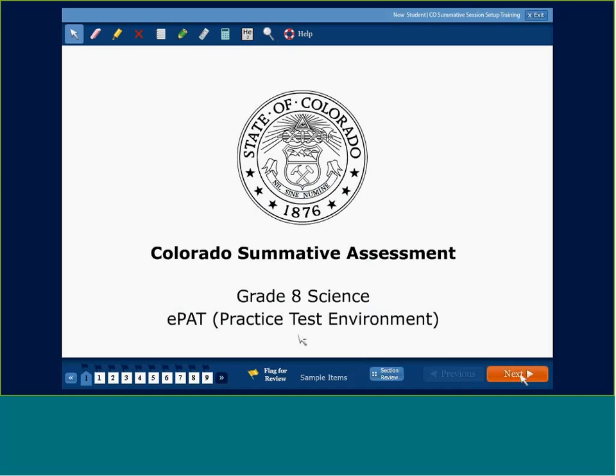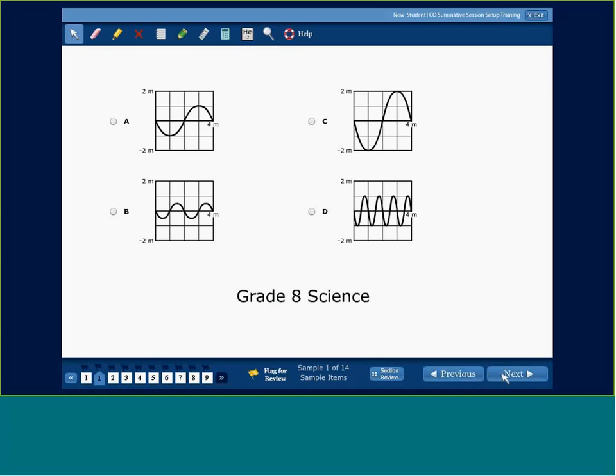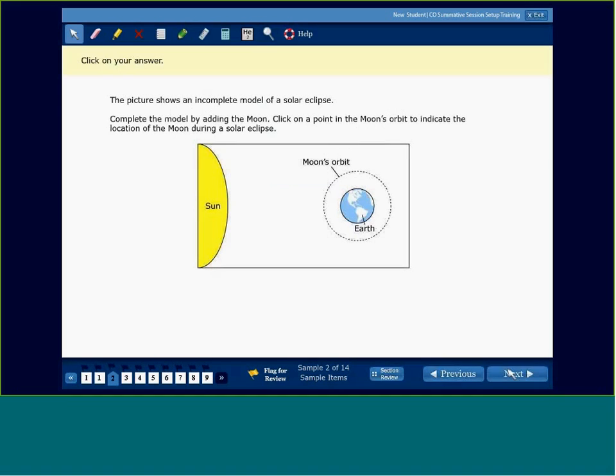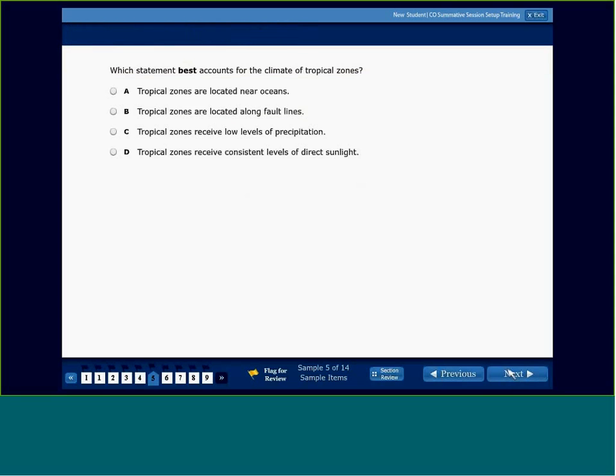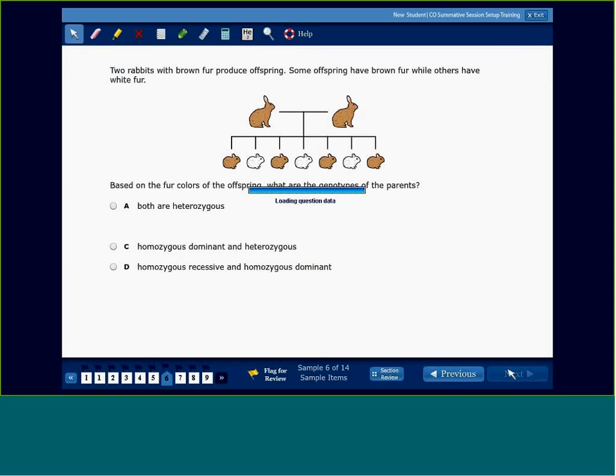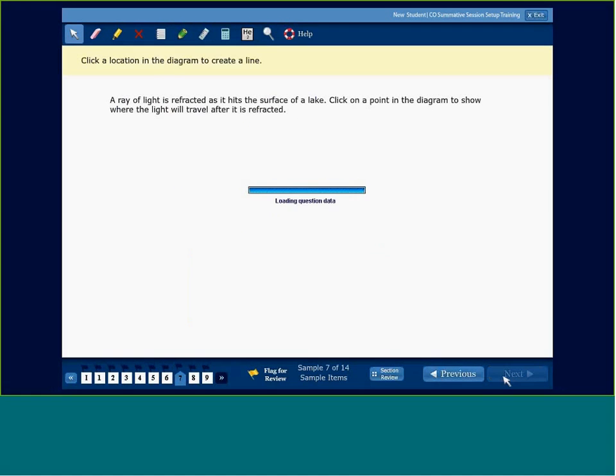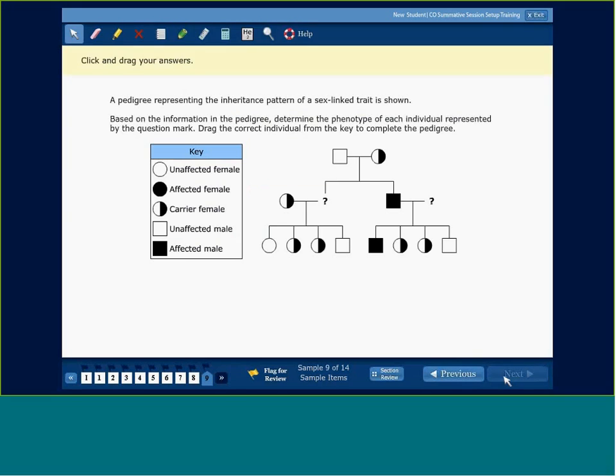Now the EPATs, again, are practice test environments for the students to get to experience the tools and work with them, and also to see sample items, a variety of sample item types. All of the EPATs are available out on PearsonAccess.com, and we just selected one for this test for your benefit